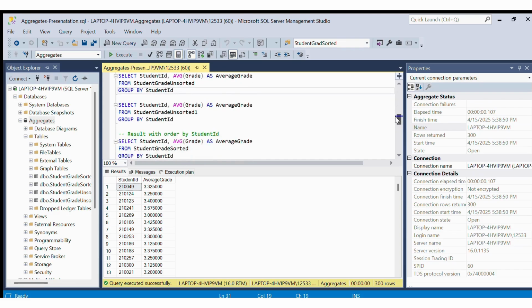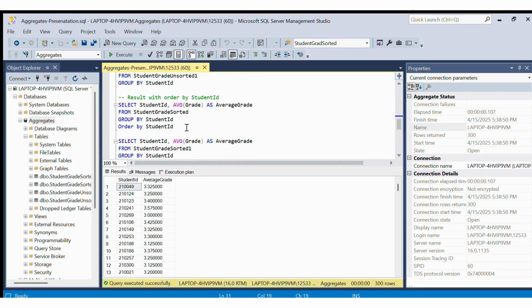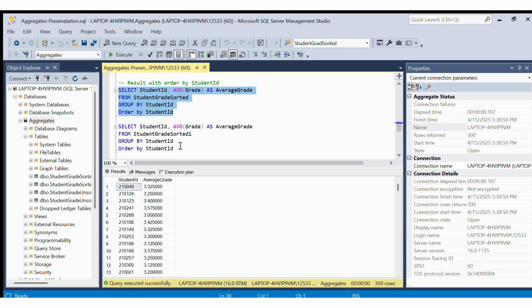So if you want the result ordered by student ID, for this one, maybe you can guess, because the table is actually sorted, or has the primary key on student ID and course ID already. So this one, if you guess, the query optimizer should choose the stream aggregate for you,